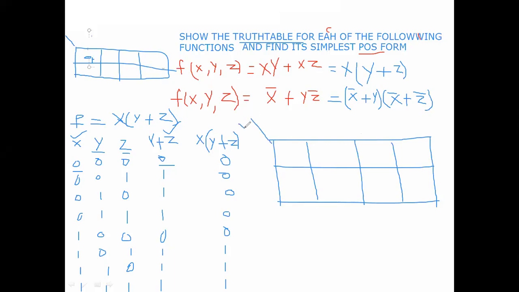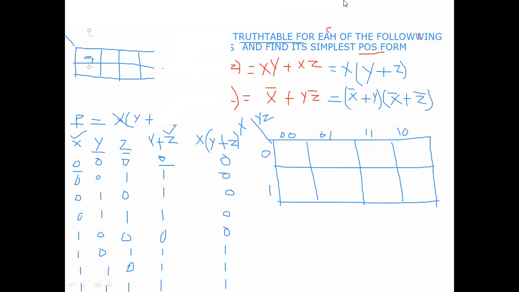The variables are X, Y, Z. Here X value is 0, that is X. X value is 1, that is X bar. YZ values are 00, 01, 11, 10. This is the 3 variable K-map. Write the values in each cell: 0, 1, 3, 2,